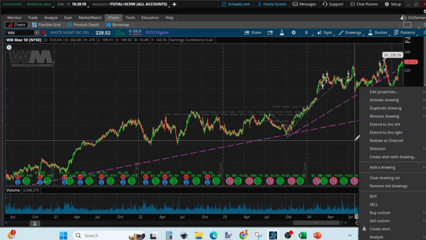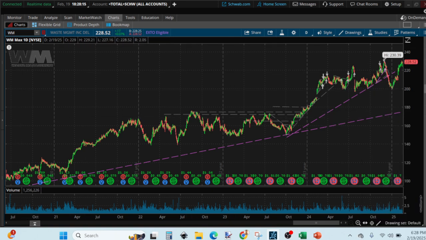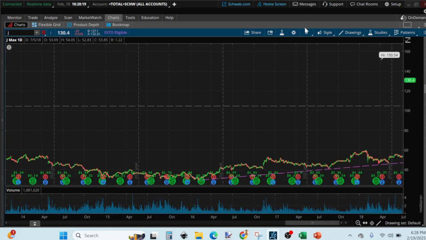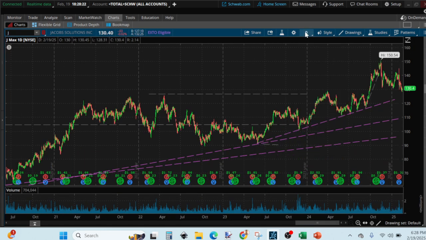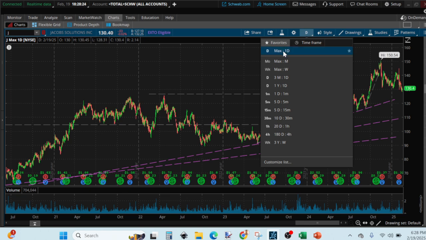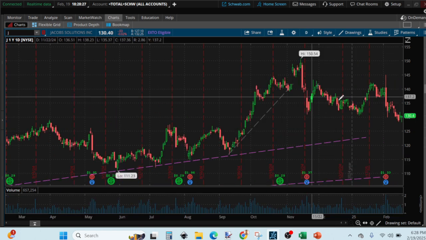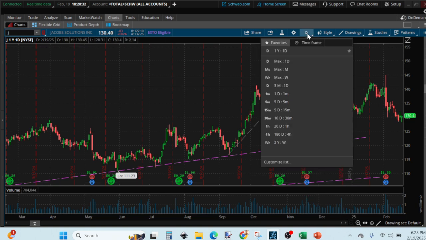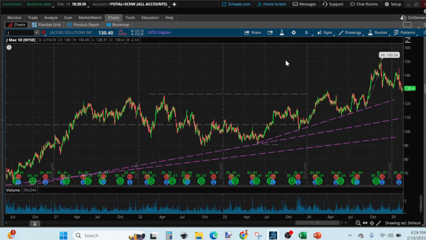So the first one we are going to analyze is J, and for swing trading you can use the daily chart, and we are going to use either the maximum daily chart or the 1 year daily chart. The 1 year daily chart may not show all your trend lines, therefore we are going to use the maximum daily chart. But the daily chart to analyze your stocks, the daily chart to place your order to buy, and the daily chart to place